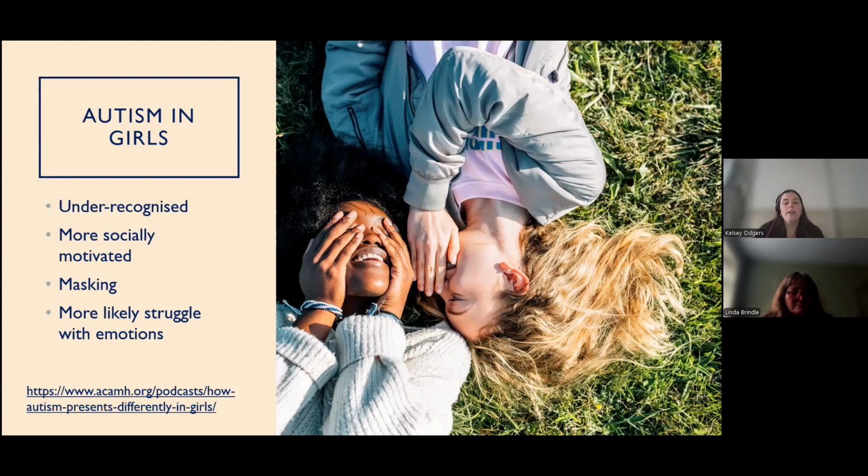And finally, there's also evidence that autistic girls are more likely to struggle with emotional difficulties, so things like low mood and anxiety, compared to autistic boys. And again, perhaps this means that adults around them supporting them, such as in school or other professionals and adults they have contact with, might be focusing more on those emotional difficulties and getting those needs met, whilst missing some of the other difficulties or missing what's underlying some of those things.